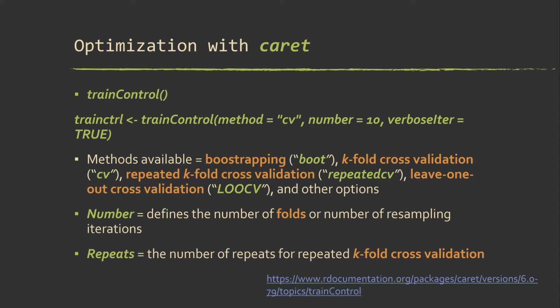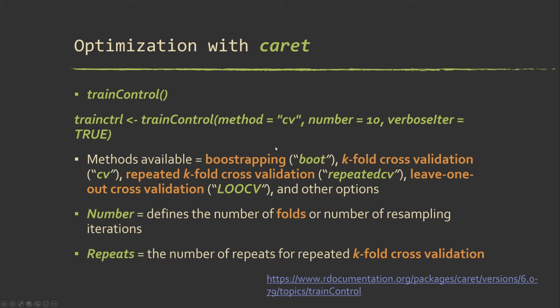But just as an introduction, the way we generally do this is we use the trainControl function to define some training controls that will go through the tuning process. So here I'm creating an object called trainControl, and using the trainControl function, I'm setting the method to CV, that's cross validation. Number is set to 10, so that means I'm doing 10-fold cross validation. And verboseIter equals true means it's going to print a bunch of stuff as it goes through and iterates, so you can kind of see how it's progressing. If you don't want to have a bunch of stuff printed to your console, you can set that to false.